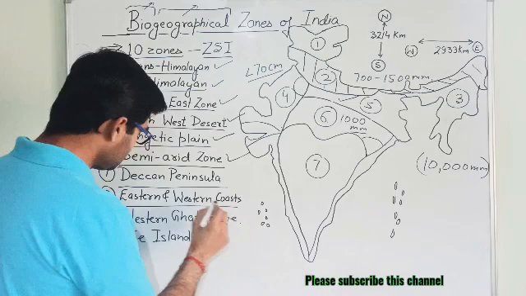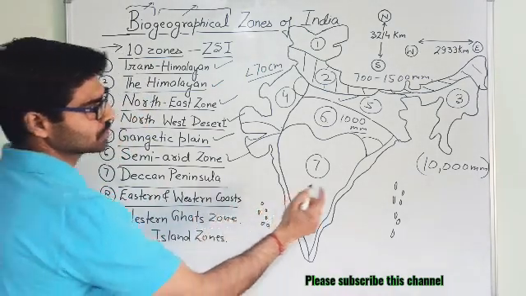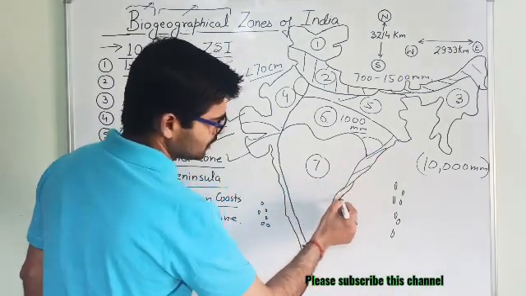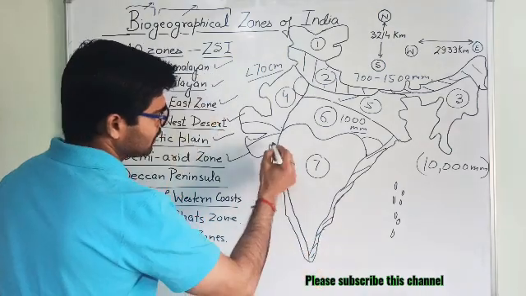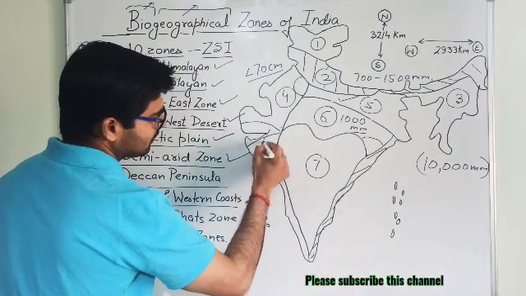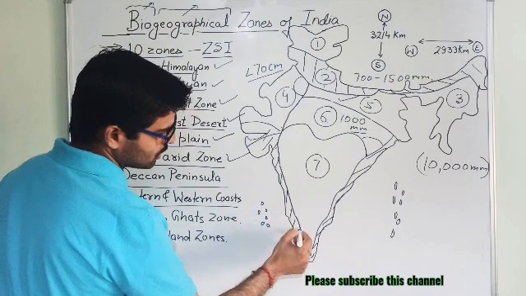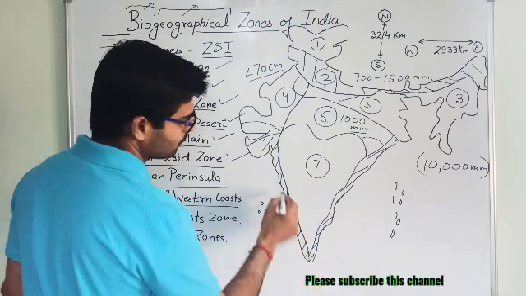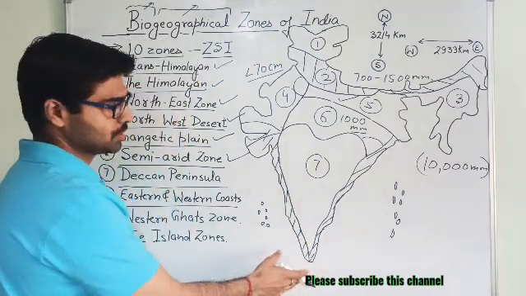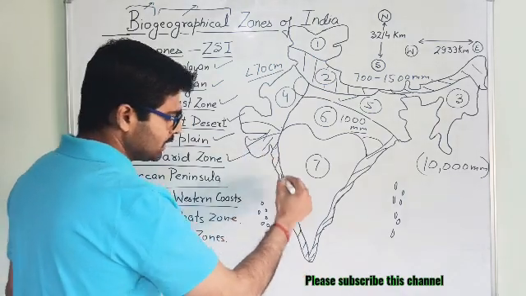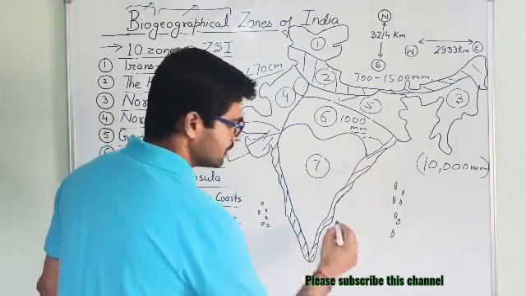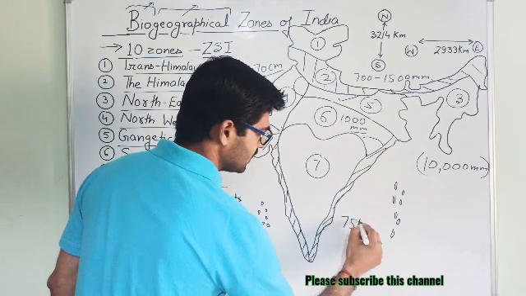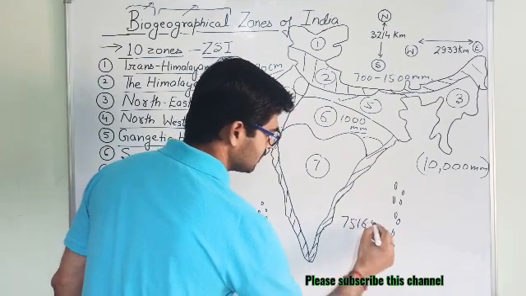Eighth zone of India is the eastern and western coasts. These are the eastern coasts, and this part from Gujarat to Tamil Nadu is the western coast. So the boundary length of this zone is about 7516.5